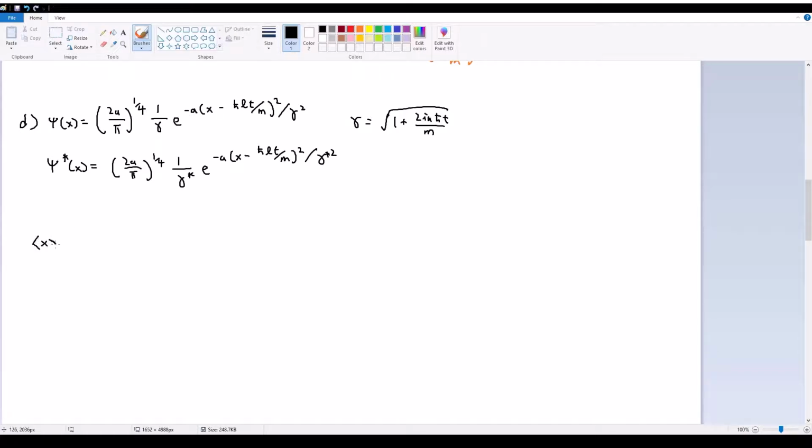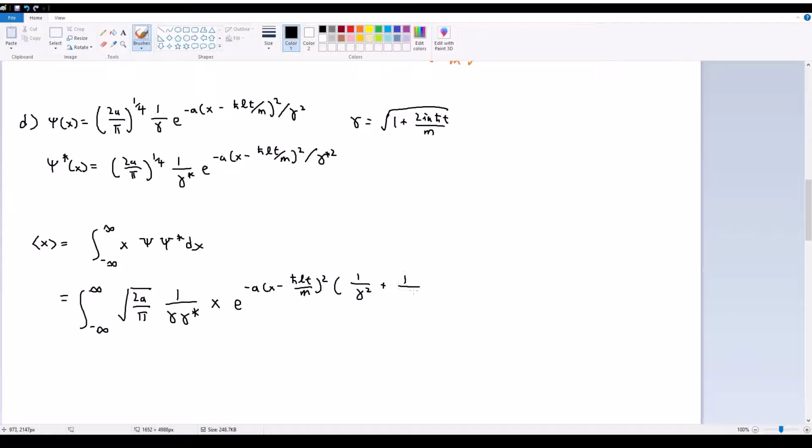So this is just going to equal the integral from negative infinity to infinity of x psi star. The x, I've written out the x-dependent or time-independent solutions because the time-dependent function e to the il is going to cancel out to just 1 when we multiply it by its complex conjugate anyway. So this is going to give us the integral from negative infinity to infinity. We start off with the constants at the front, so this is going to become square root 2a over pi multiplied by 1 over gamma times gamma star. And then we have x times e to the negative a x minus h bar lt over m squared times 1 over gamma squared plus 1 over gamma star squared